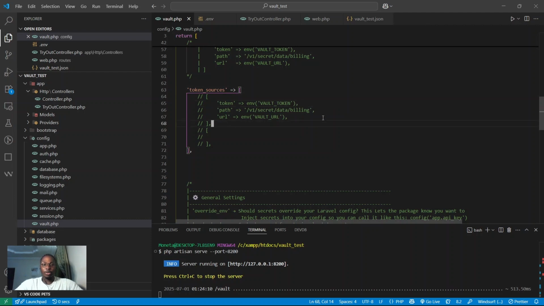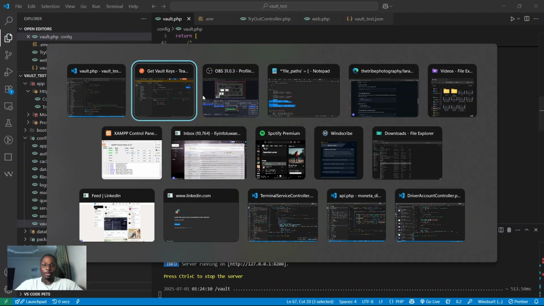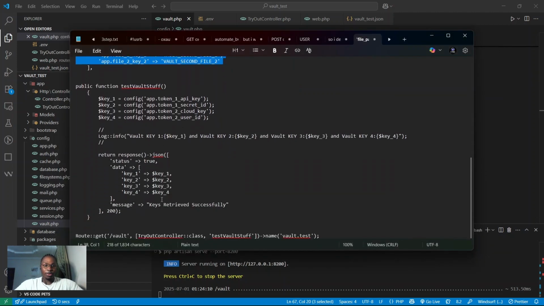So this array is expecting an array that basically contains credentials to access a particular Vault engine, which would require a token. This would basically be the authentication token that gives permission to the user that has been configured for the project to have access to that Vault engine, and the paths to the secrets, which would be here, and the URL of that Vault engine. So I already have mine set up here, so I'll just be copying that,